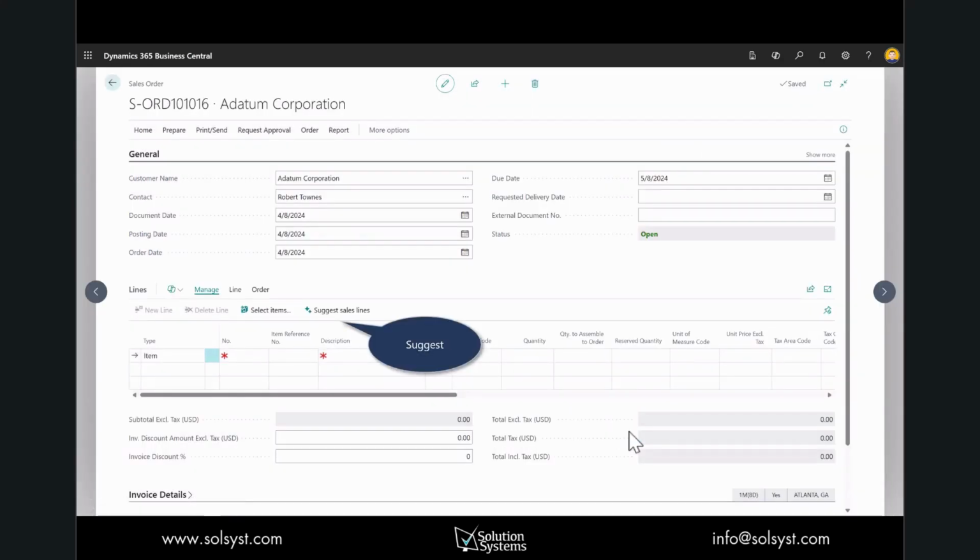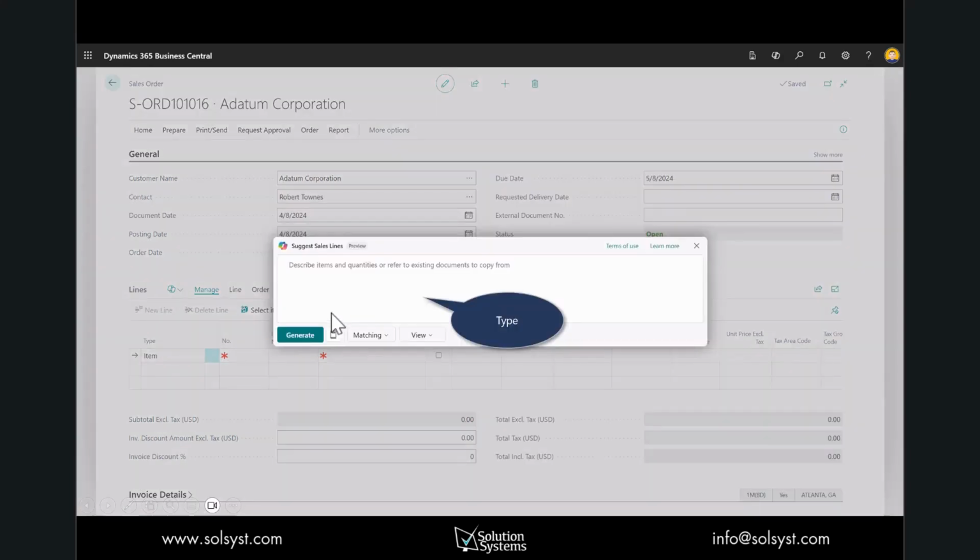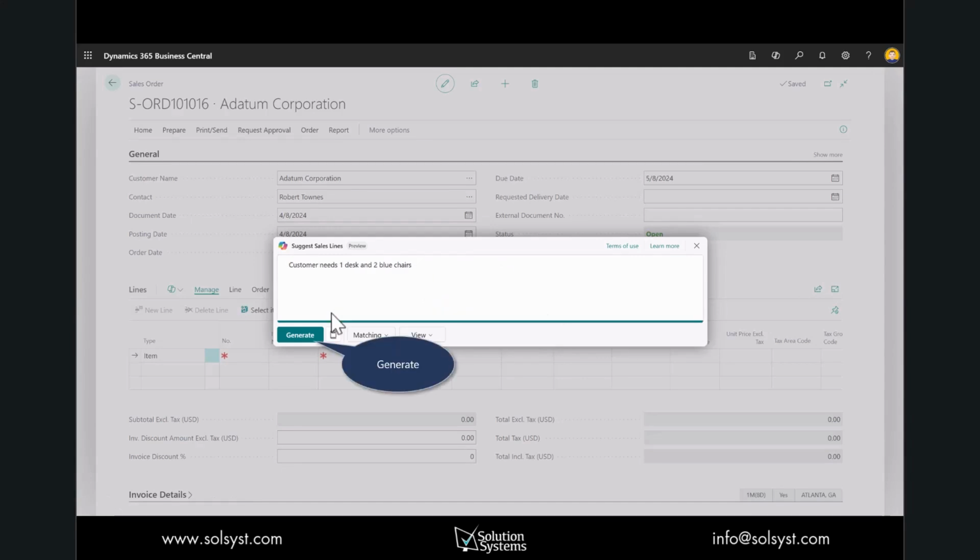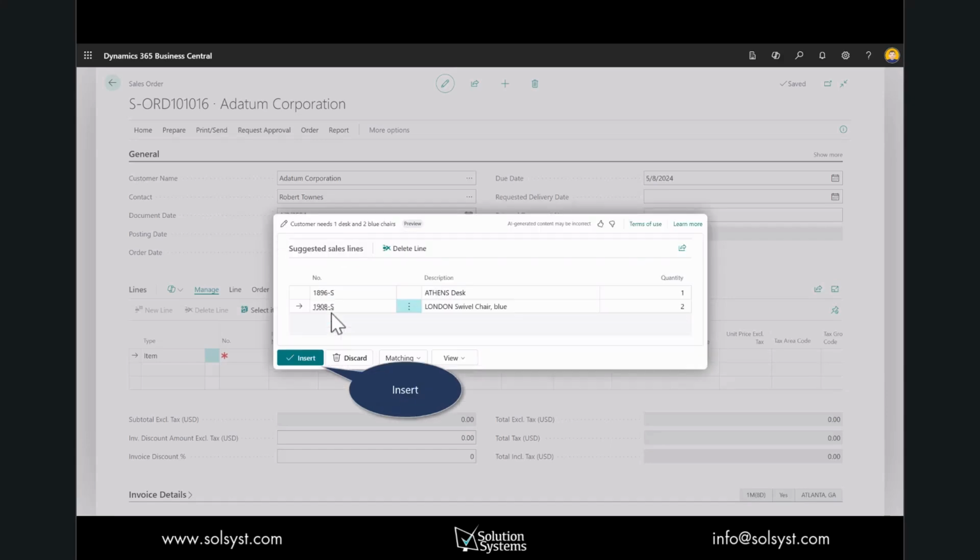Entering the line items, I can easily manually type that in, or I can invoke Copilot to suggest the sales line items. I choose the line items here by just typing in what the needs are. The customer needs 1 desk and 2 blue chairs. I choose Generate, insert the sales line items,